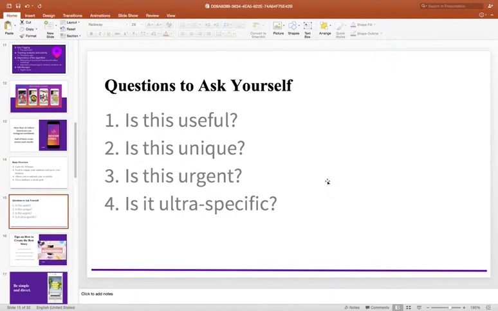And then is it ultra specific? Obviously, we want to make sure that we have content that is very specific to our brand and specific to what we're trying to do. Whether, again, if it's a product release, we want to make sure that we have a lot of information about it. Or, if we're dealing with a crisis, how much are we willing to disclose as it's going on? So that's very important as well.